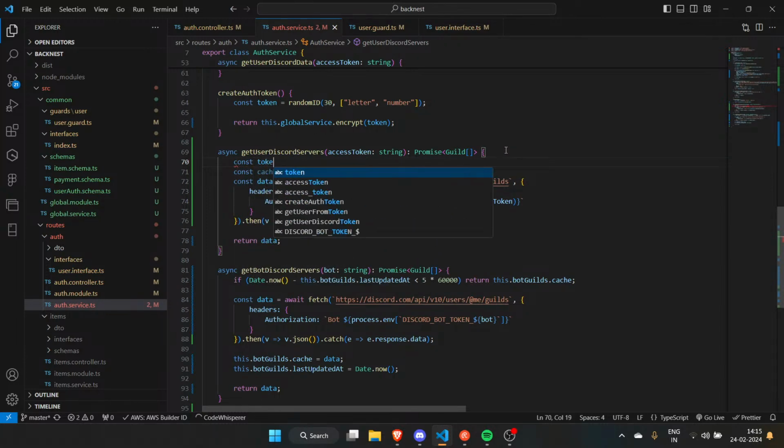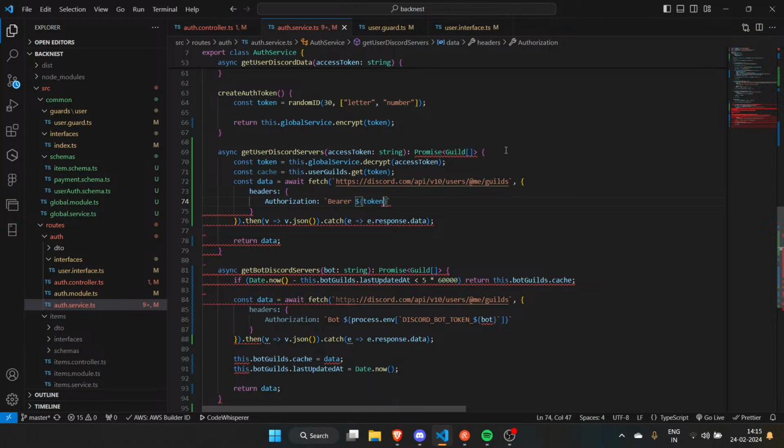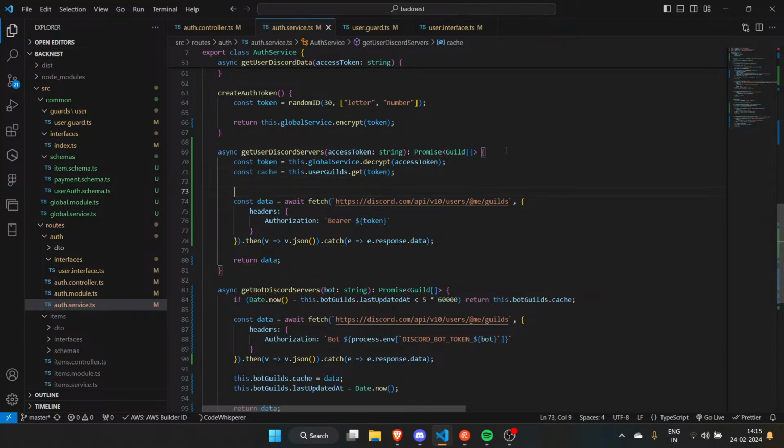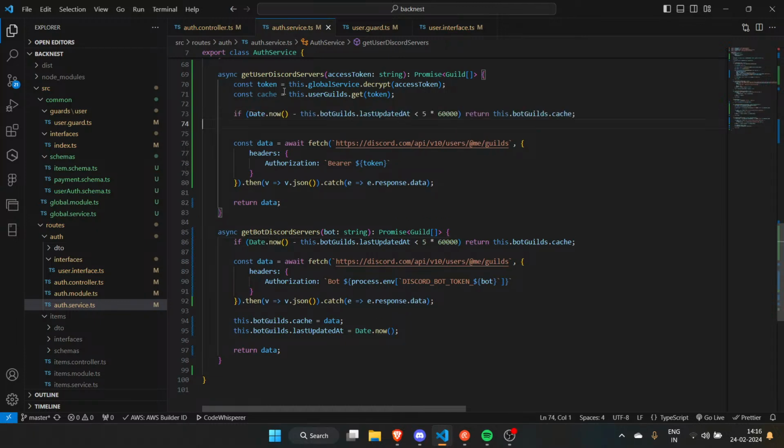Const token is equal to that, get token. Token, awesome. Now obviously we need to have a similar system like that. Instead of that, we'll do this question mark 0 is less than that. Then we're going to return cache dot guilds.